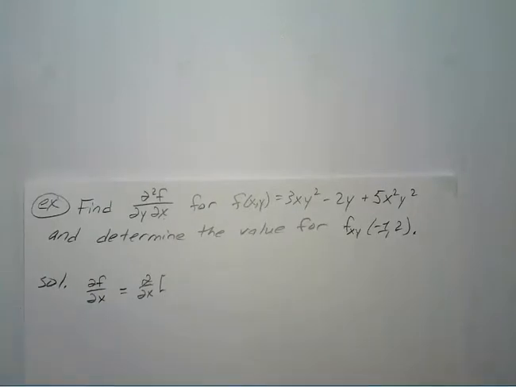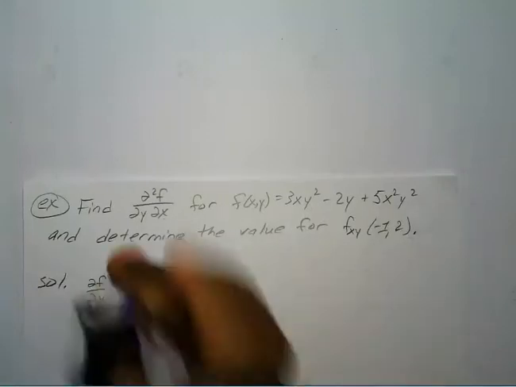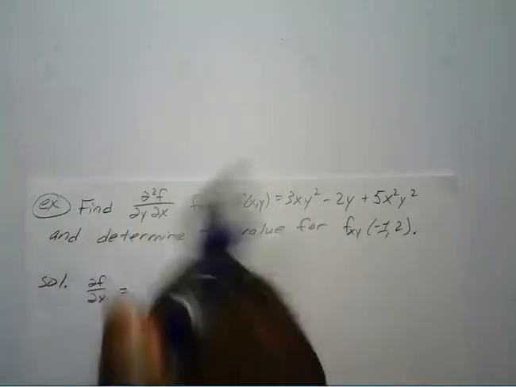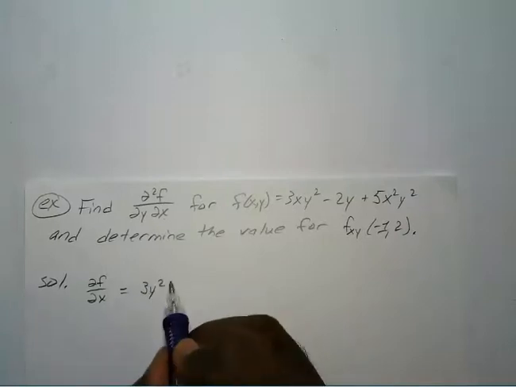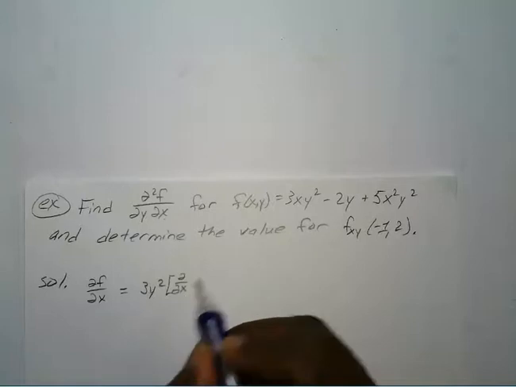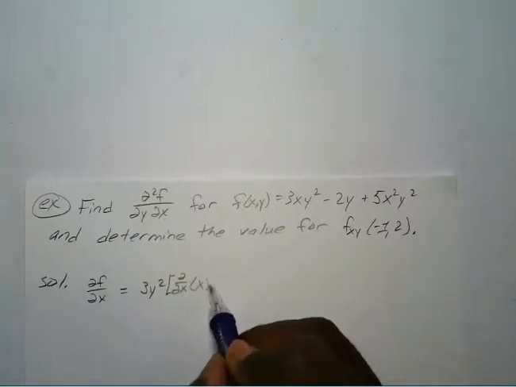Since it's with respect to x, the 3 and the y squared are considered constants, so we can pull those right out to the front. So 3y squared times the partial with respect to x of x